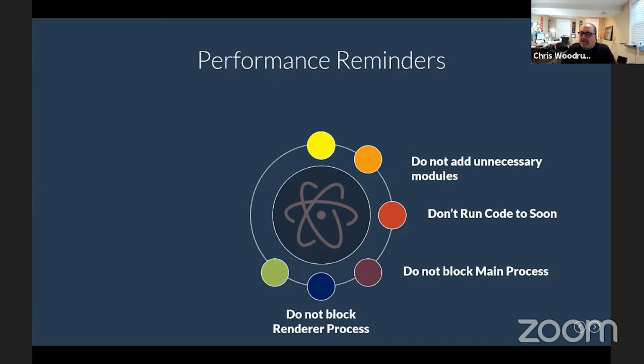Kind of leverage the features of Chrome. And you can do two things to help out not blocking your renderer process. That is, you can use an API called requestIdleCallback. So basically what that will do is if you have something to run, you can throw it into the queue that will wait until you get some idle cycles, and then it will execute that code. So that will help not to block the render process.